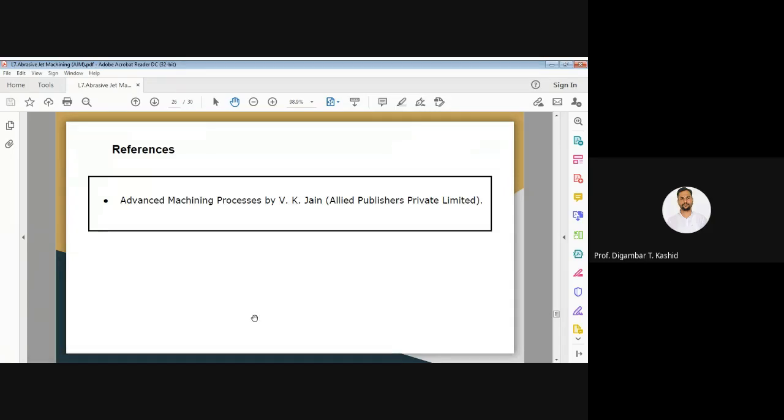So here we have discussed the abrasive jet machine. Now we have all the knowledge of this machine, except how to calculate the material removal rate using mathematical modeling. That point I have not covered because it is not in our syllabus. If you want to go further in detail, you can look at more formulation.